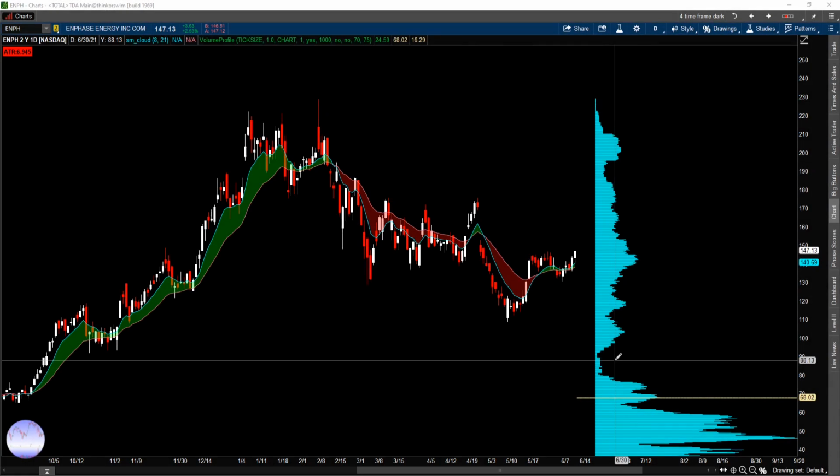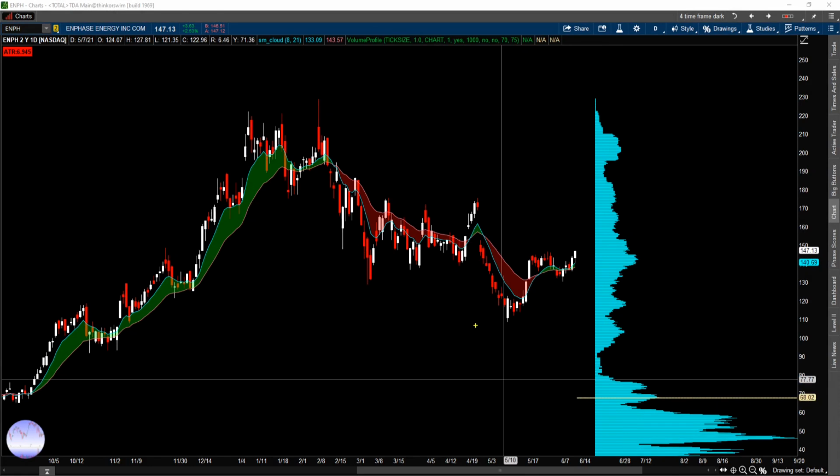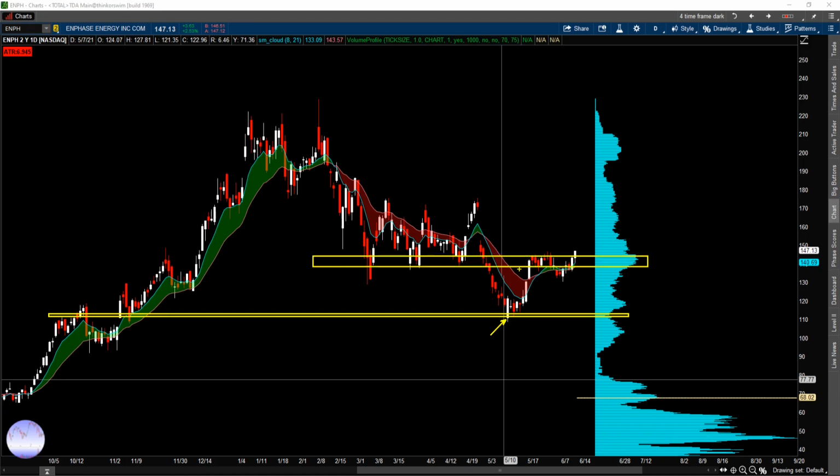In Enphase Energy, ENPH. So here again, it came down, found low support at this low volume zone, this low volume edge, right? Bounced back up to this high volume area and found resistance, came down, and then snapped right back up. So right now it appears that it's breaking out of this high volume zone,